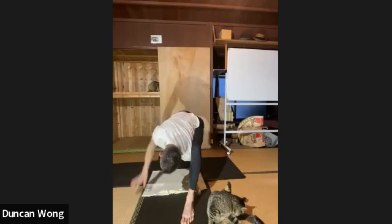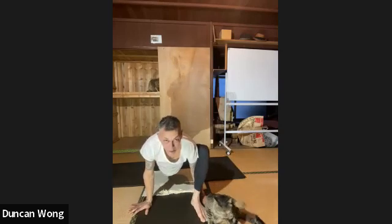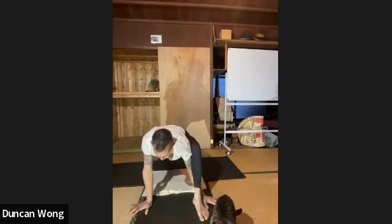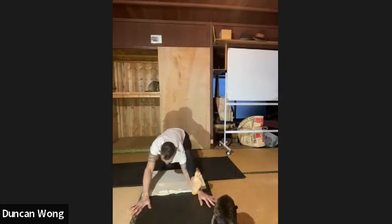1. Nicely done. Back to grounded lunge. Back toes are flexed. I'm going to pull the hips back to the back heel and hold for 5,